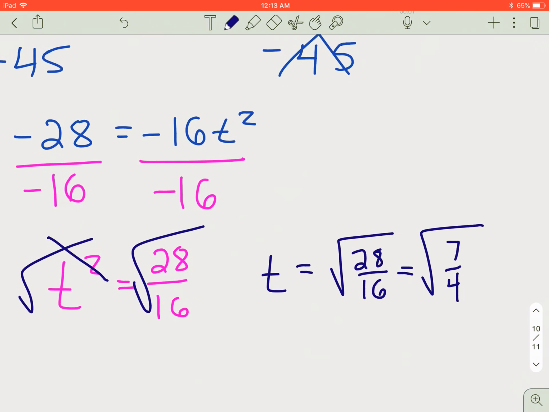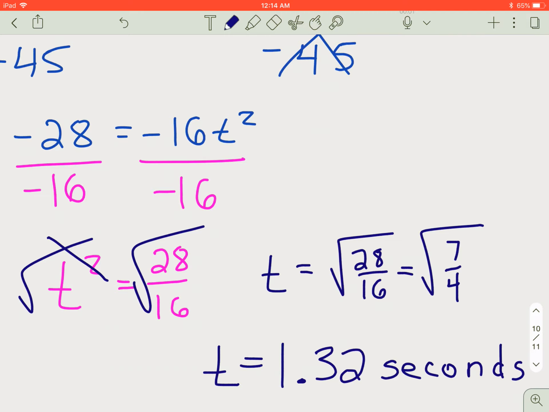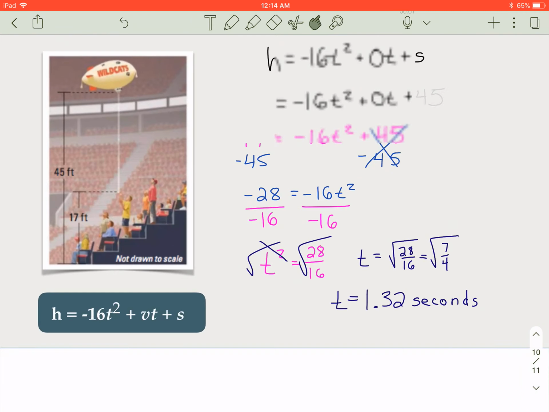And if you notice, in all the previous problems I always had a plus or minus sign in front of that, positive or negative. This time we don't have to use that, because we know the ball was not in the air a negative amount of time. We know it was in the air a positive amount of time. So the square root of 7 fourths would be t equals 1.32 seconds. So using that vertical motion formula, we now know that if you drop a ping pong ball from a